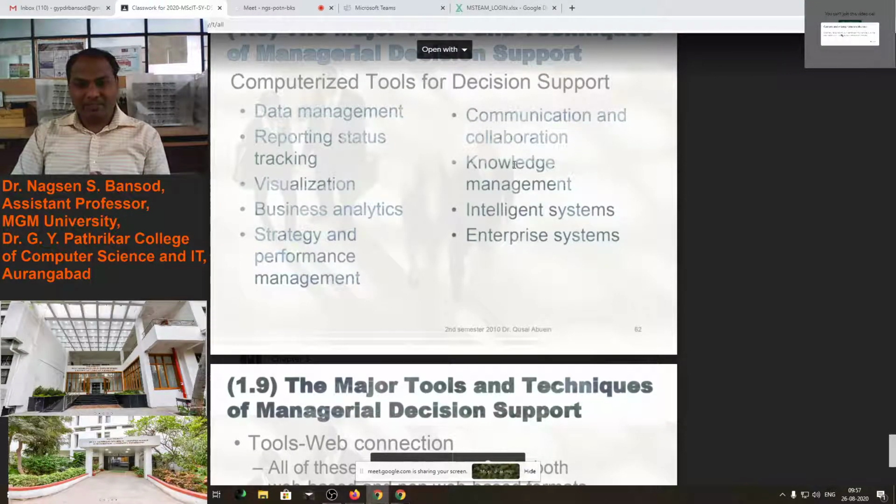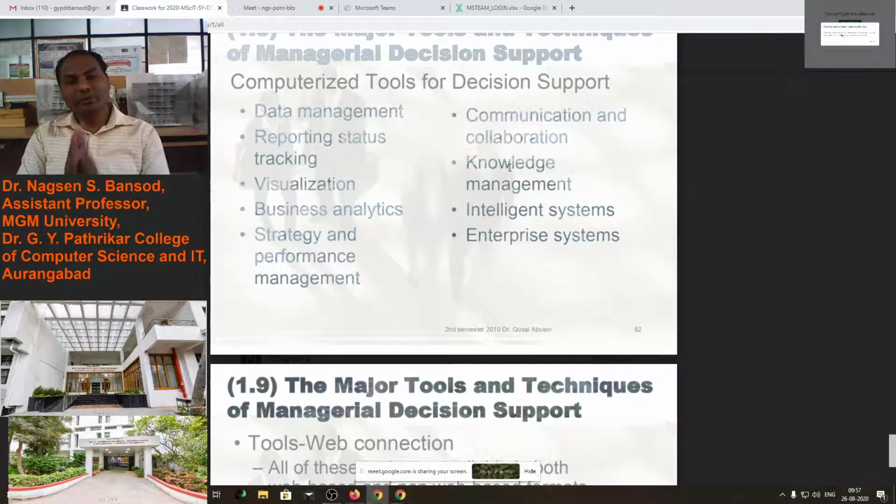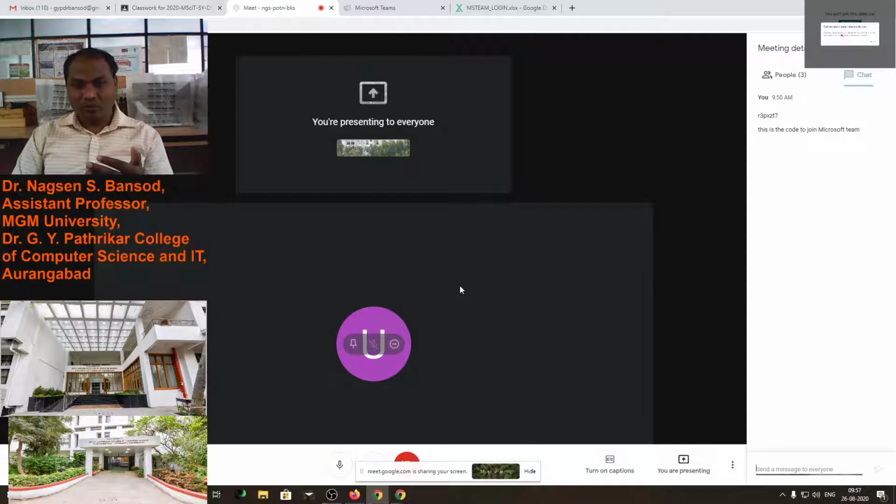Communication and collaboration tools. There we have to use communication and collaboration tools. Communication should happen from the employee side to the manager, and also from the customer side to the manager to the employee. All these communications should happen. Therefore we have to use some tools for communication, like here we are using a tool for communication.